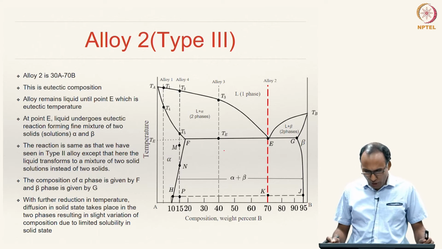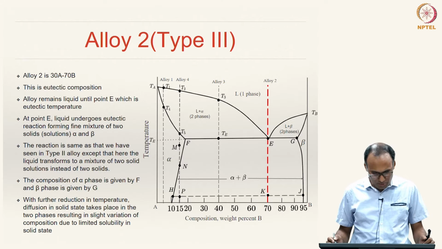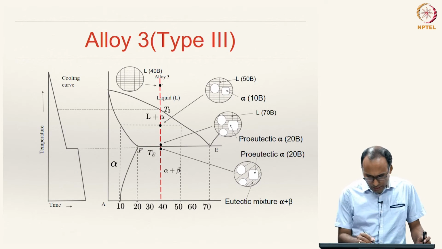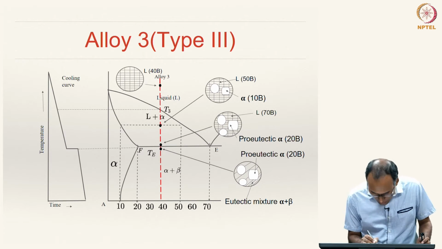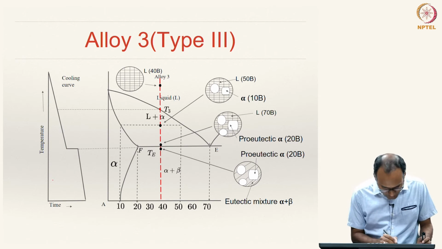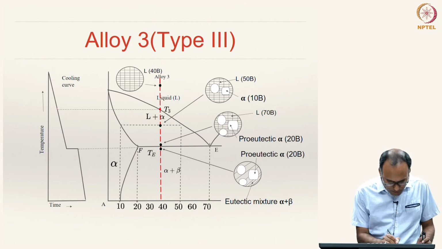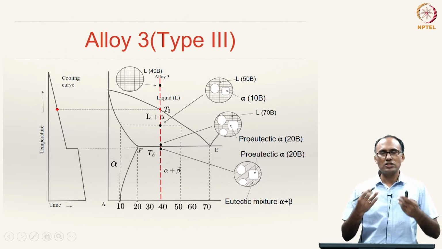Let us look at alloy 2. Again, alloy 2 is our eutectic alloy, right, because it is a eutectic composition. So, let us look at the microstructure. At this position everything is liquid, and now at T3 the solidification starts, and on the left hand side we are showing the cooling curve. So, here the solidification starts at this point, and then as you are cooling down the liquid starts becoming richer in B and alpha starts.